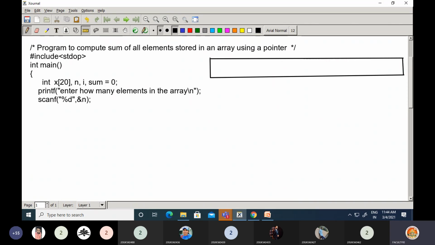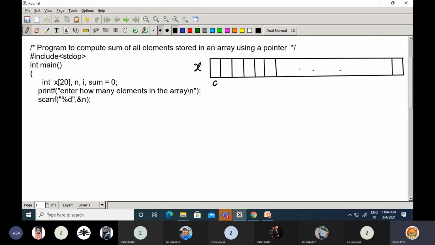This is my array of 20 elements, like this: 1, 2, 3, 4, 5, 6. I am going to use these locations. Then assume this is the last element. So this is array X here.